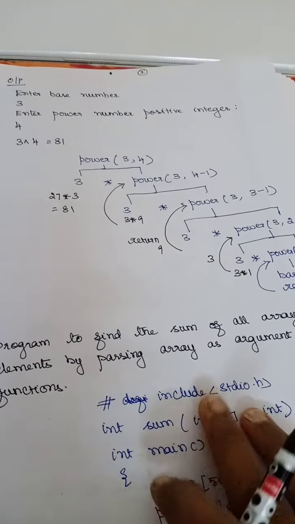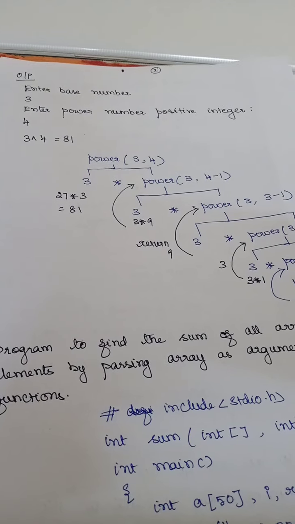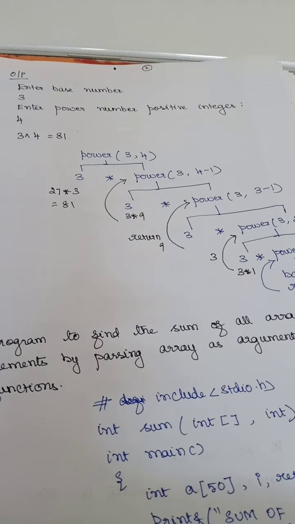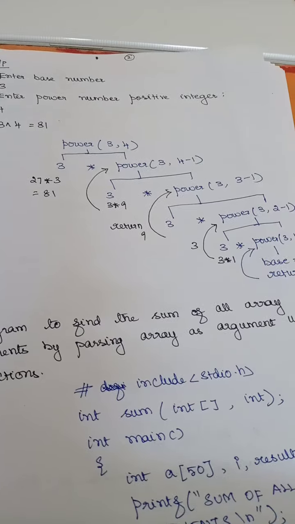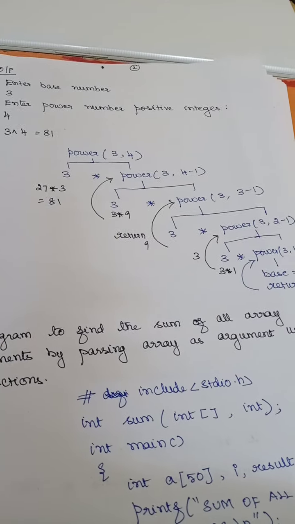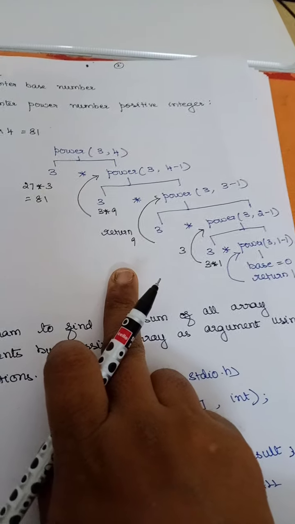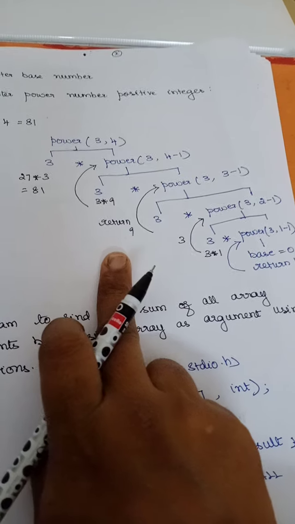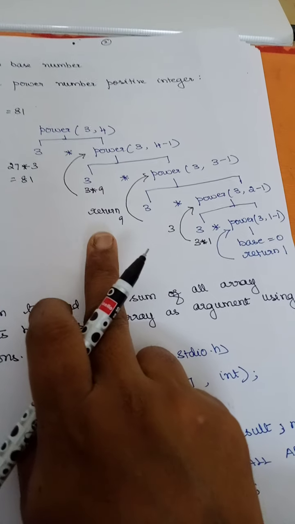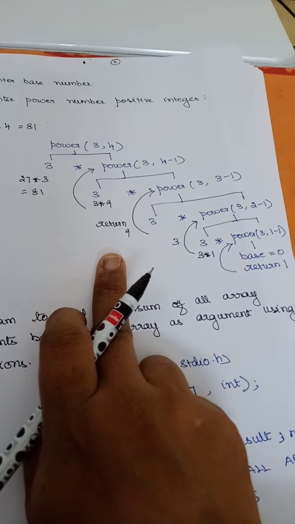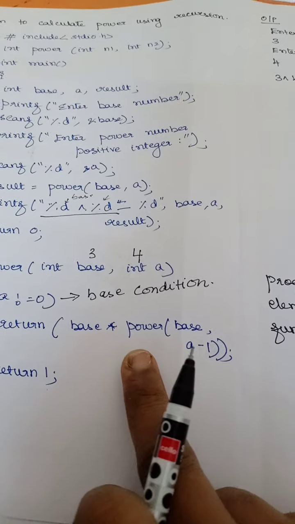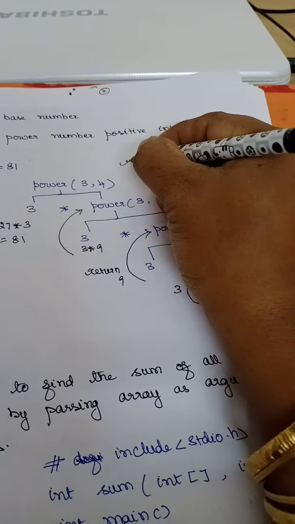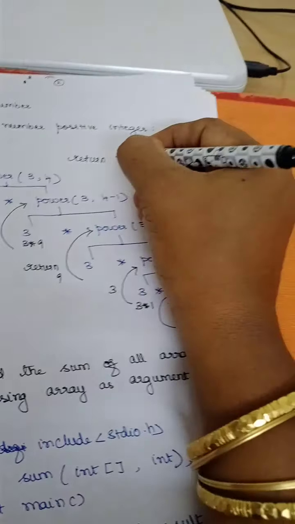Clear? Right. So enter the base number. I am entering the power, right? So 3 to the power of 4. How this value 81 is being printed using recursion. And already I told you in the exam you need not draw this, right? It is for your understanding. And moreover, if it has been asked in a theory question what is recursion, then you can draw this and explain what is recursion, right? Now, so what is a recursion? Base into power of base comma a minus 1. So we'll write here, this is the thing we have, return, right?